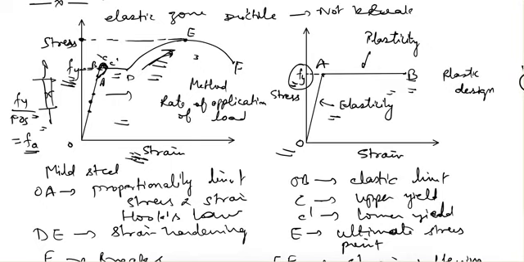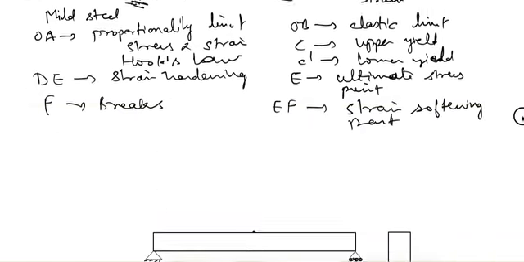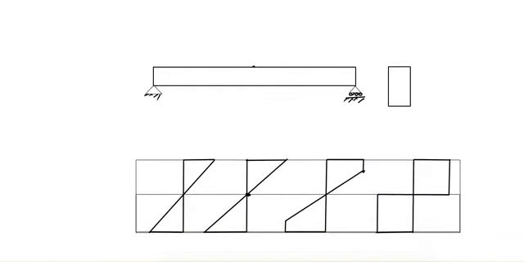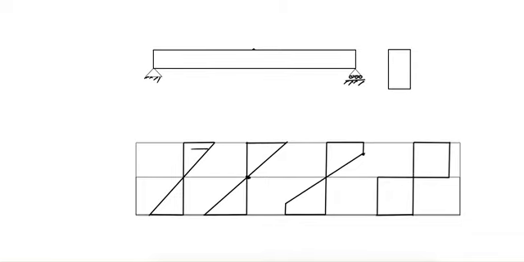After this, let's see how the stress distribution takes place for a simply supported beam when we apply some load at its center. So this is a rectangular beam of width b and depth d. Now we say that the initial stress is Fa, that is the allowable stress. On the extreme fibers it is Fa, and on the neutral axis we can say the stress is 0.